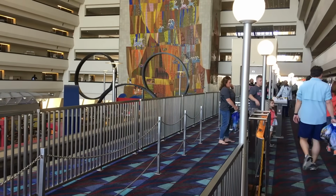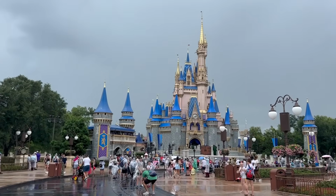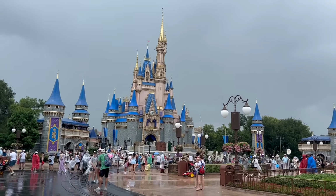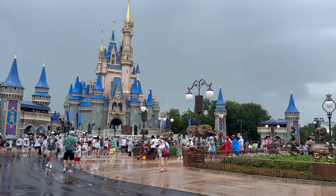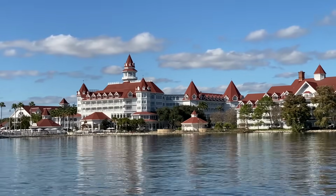All three resorts are also within walking distance to Magic Kingdom's front gates, which is super nifty at the end of the day when the crowds getting out of the park are beyond chaos. Each of the monorail resorts also has boat transportation you can take advantage of to and from the hotel and